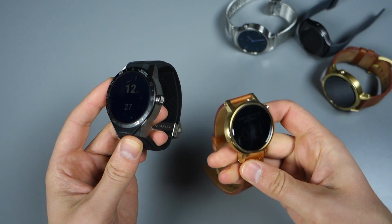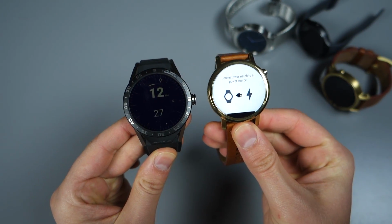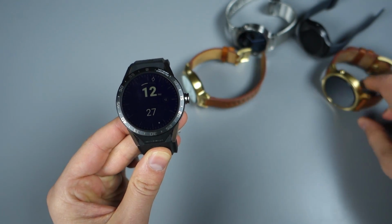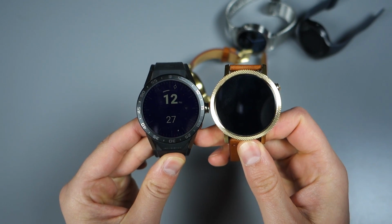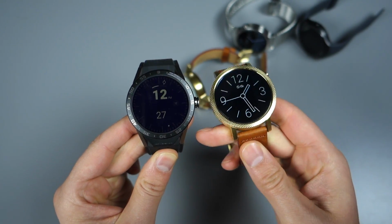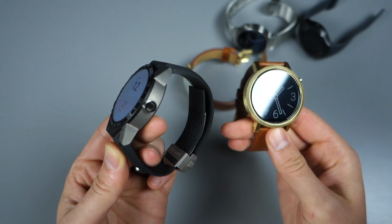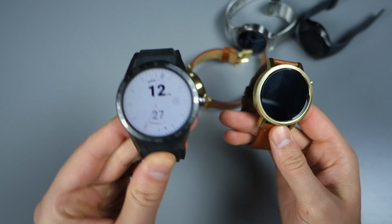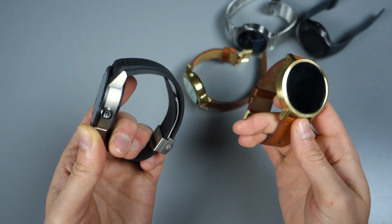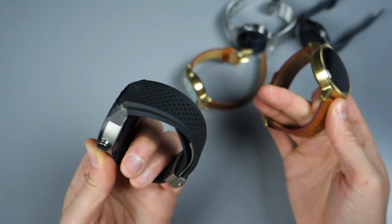So here's the new Moto 360. This is the 42 millimeter model in gold with a leather band. Now they also make a 46 millimeter model, which is equal to the size of the Tag. So here are the two 46 millimeter models. You can see those side by side. In terms of price, again, the Tag Heuer watch is $1,500, and this is the only version you get. There aren't different versions or custom pieces. Well, you can customize, I guess I should say, you could choose different colors for the rubber band, but that's